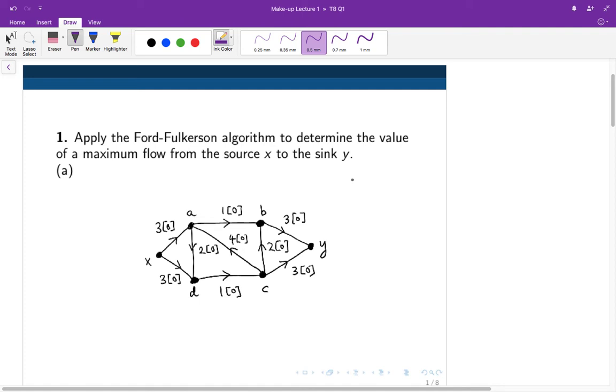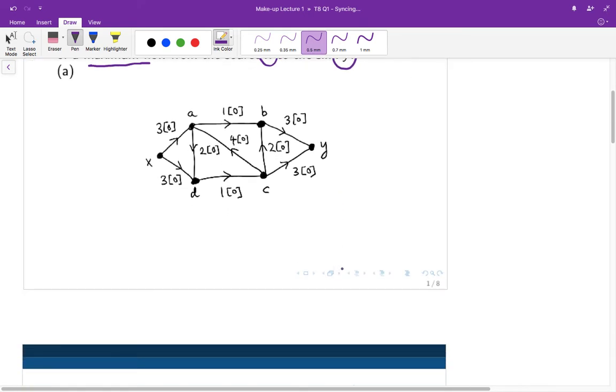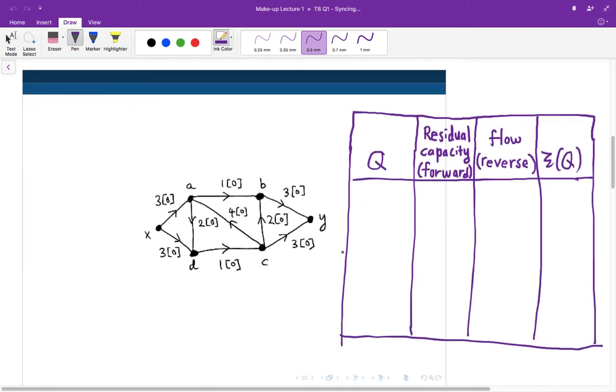Hi, in this question, we want to apply the Ford-Fulkerson algorithm to determine the value of a maximum flow from the source X to the sink Y in the following network. To do this systematically, we're going to have the following table,